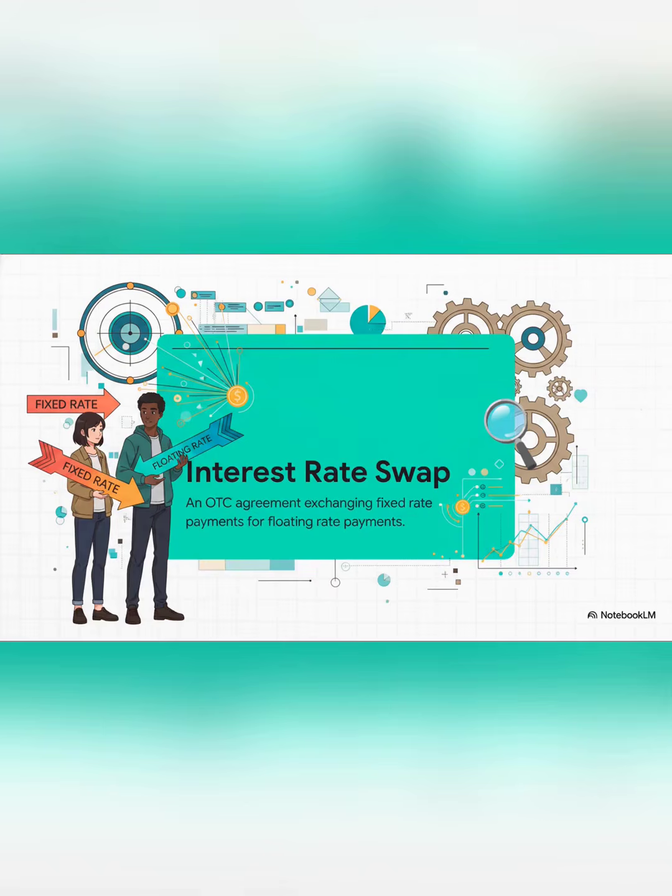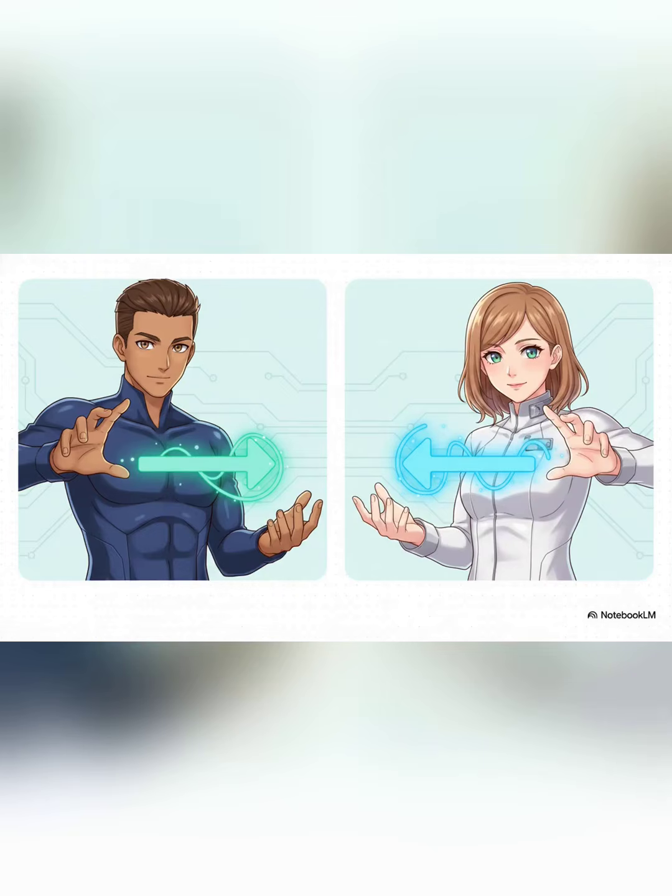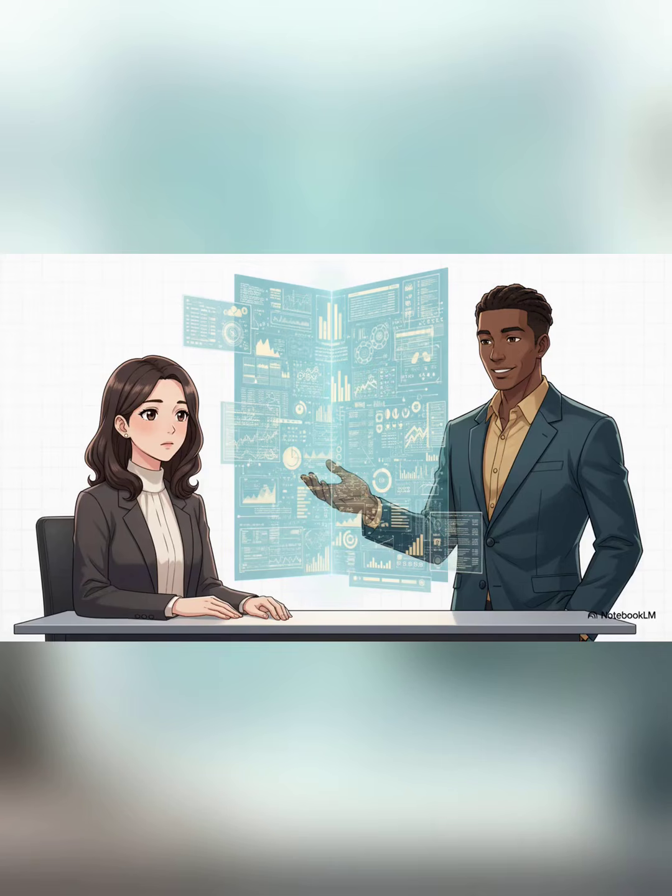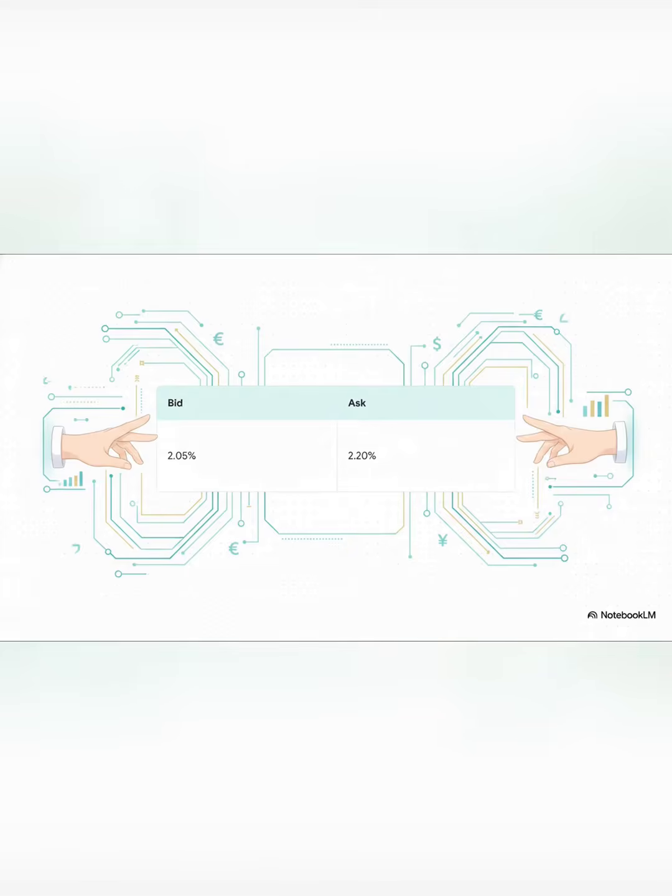So what is it? Basically, two parties agree to swap interest payments, one's fixed, one's not. It's a simple trade, really. One side pays fixed to get floating, the other does the exact opposite. Our CFO wants that fixed rate, so they call a dealer and get this. It looks complicated, right? But don't worry, we're just going to focus on these two key numbers, the bid and